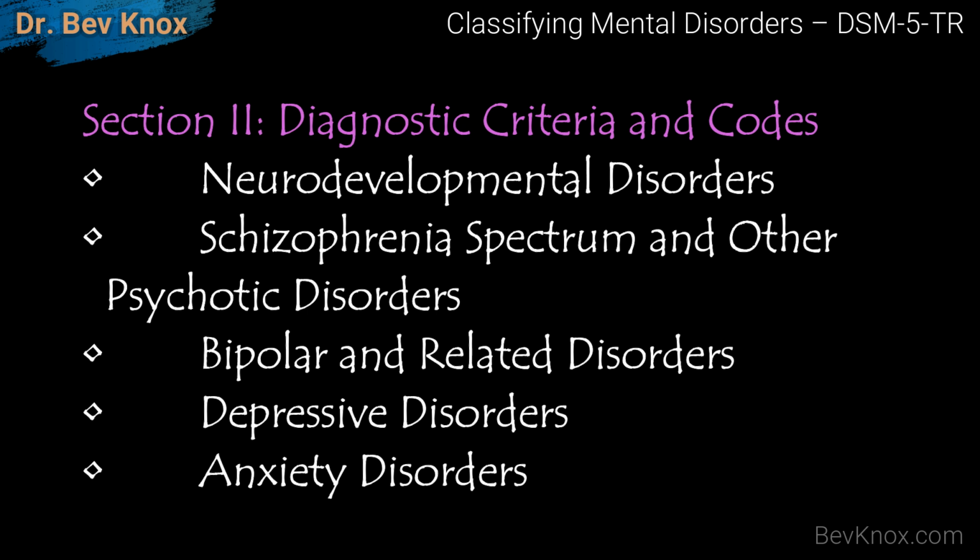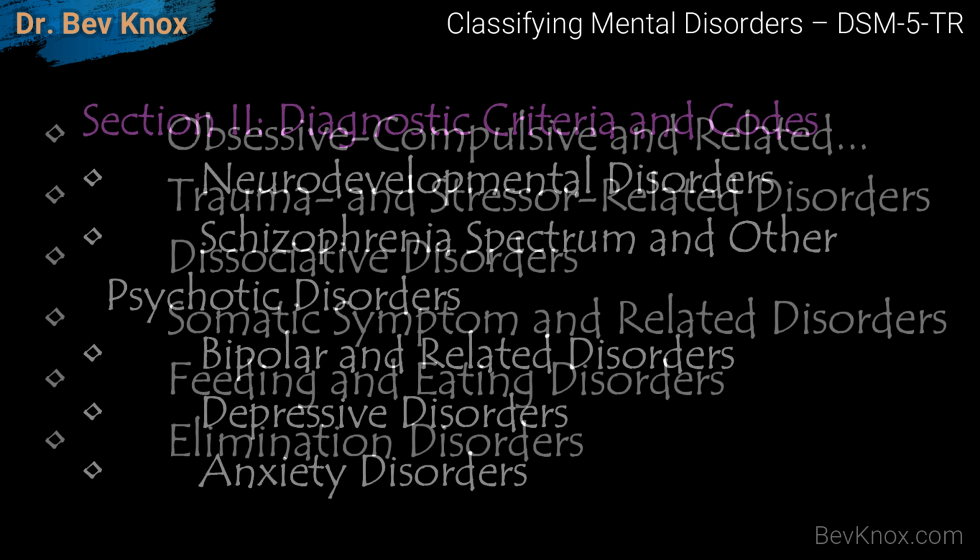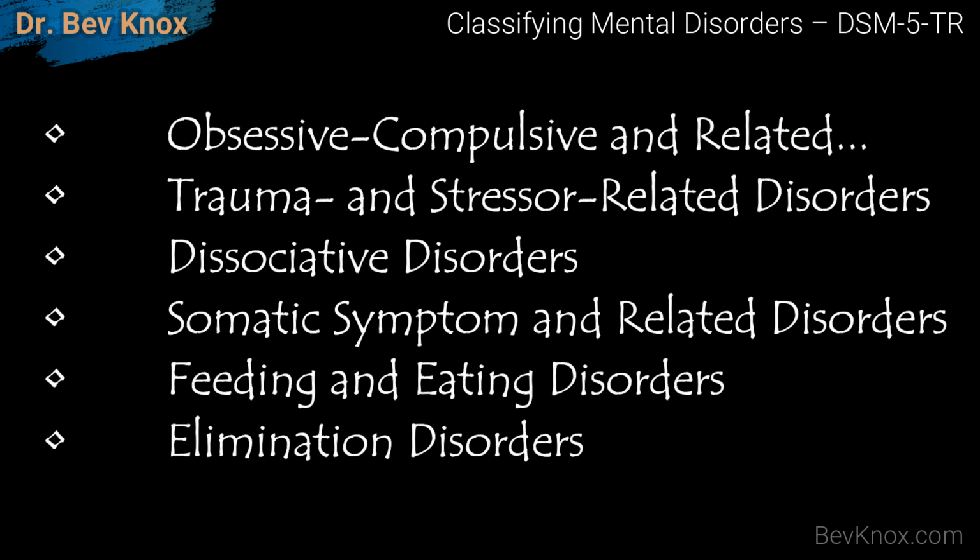Section 1, DSM-5-TR Basics: the introduction, the use of the manual, cautionary statement for forensic use of the DSM-5-TR. In Section 2, we have the diagnostic criteria and codes. For the first set of mental disorders, we have the neurodevelopmental disorders, then schizophrenia spectrum and other psychotic disorders, bipolar and related disorders, depressive disorders, anxiety disorders, obsessive-compulsive and related disorders, trauma and stressor-related disorders, dissociative disorders, somatic symptom and related disorders,